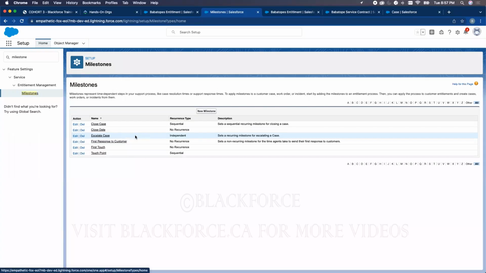You can create another milestone called independent. Independent milestone is a milestone that does not regard whatever you're doing in terms of process. It's part of the entitlement process, but it will trigger. Okay, so now we've created milestones. Let's go back to entitlements